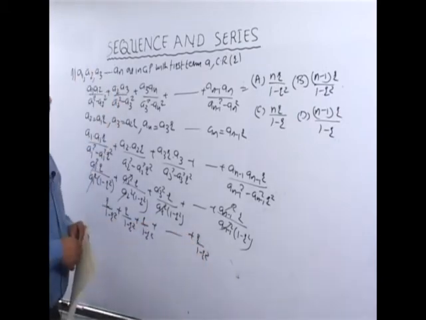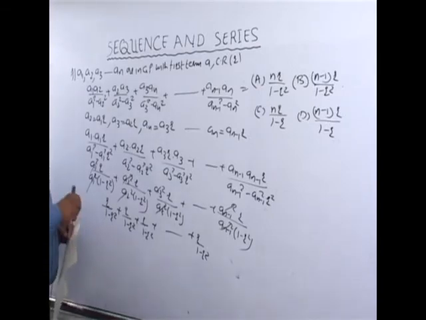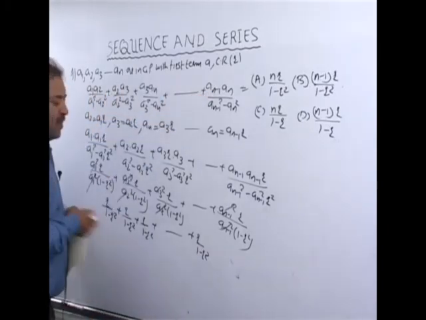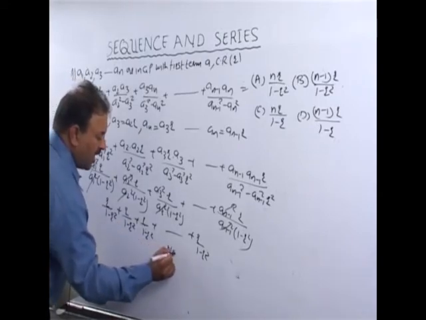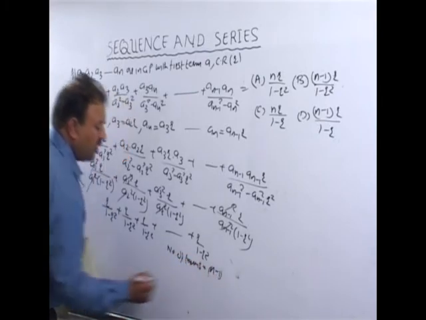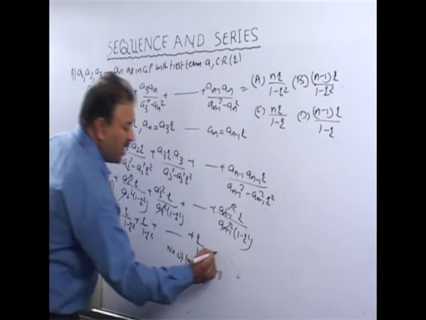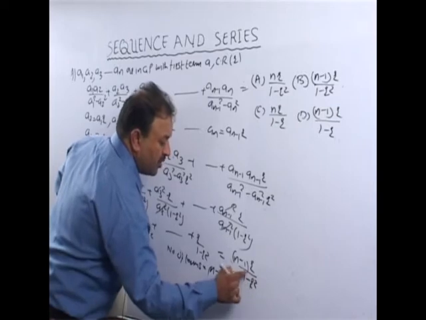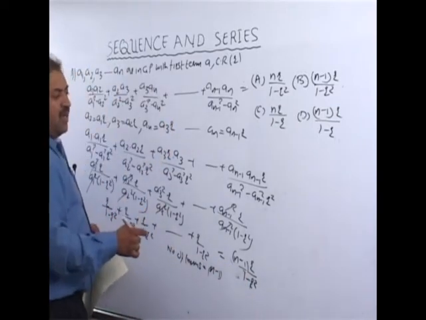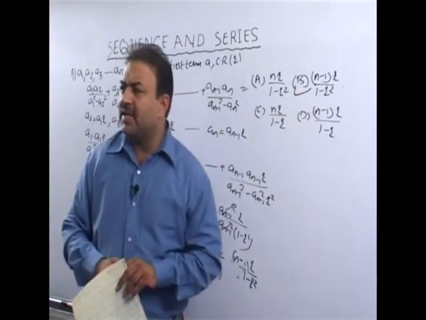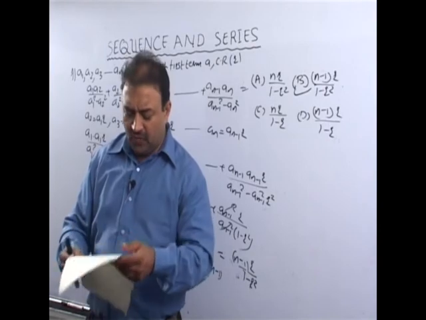Now we don't know whether n or n minus 1 will come here, so we look at the given expression: A1, A2, up to A(N-1). This means the number of terms is n minus 1. So the sum of all of these will be n minus 1 into R upon 1 minus R square. That means the answer is n minus 1 into R upon 1 minus R square. B part is the right option. This property keeps getting used somewhere else, you will find it.